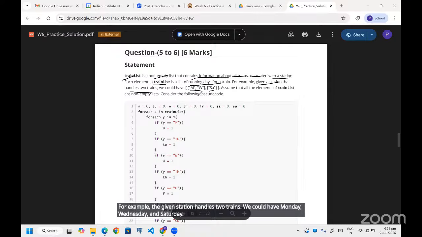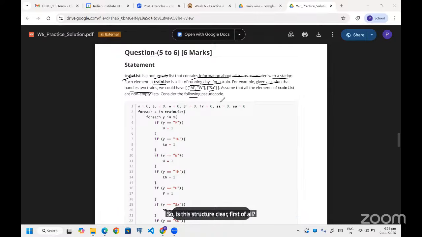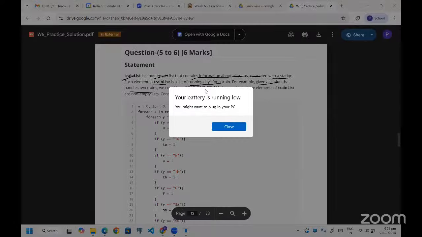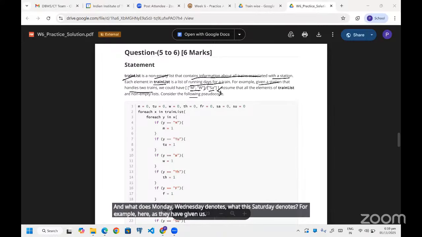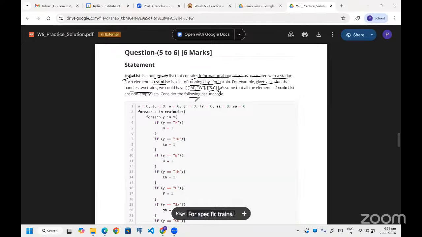So is this structure clear first of all? Yes, sir. This structure is a list of list. But why do we have this structure like list of list? What does this Monday, Wednesday denote, what does this Saturday denote? For specific trains, one runs on Monday, Wednesday.